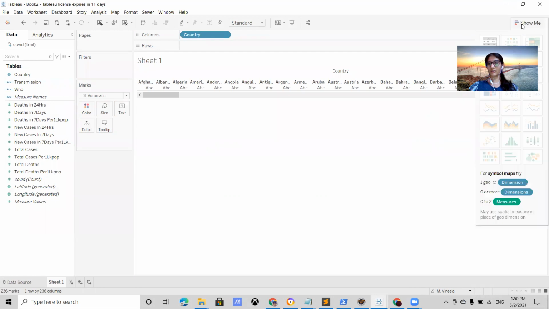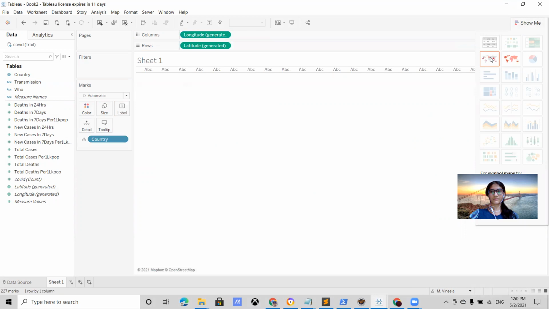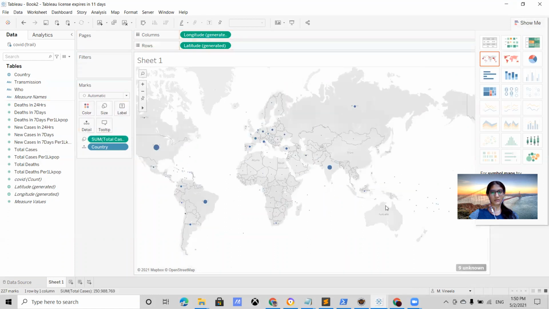So here there are many options to create the sheets. Total cases to size, so that we can see that the size of the bubble is changed with the total cases. So this is a way we can create our sheet.